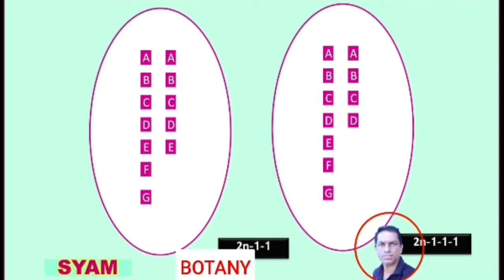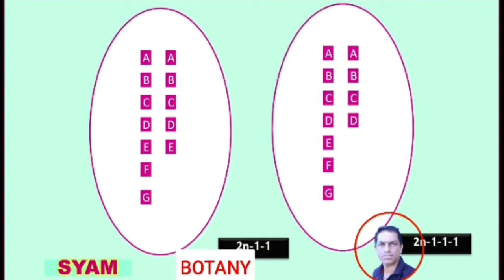Triple monosomic means three individual chromosomes are lost at different places in the entire set of chromosomes in that cell. So in one genome 7 chromosomes are present, A, B, C, D, E, F, G. In the other genome also A, B, C, D, E, F, G, two genomes are present in a normal cell. But in triple monosomic, three individual chromosomes